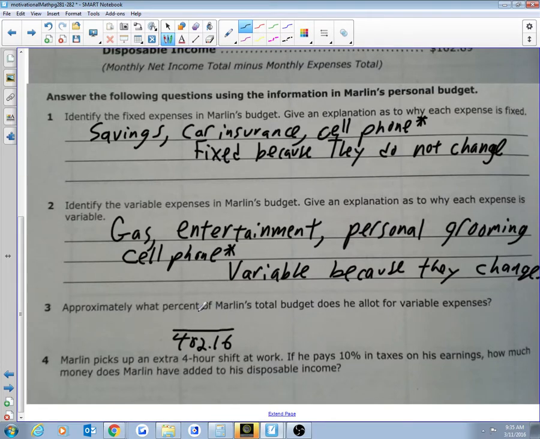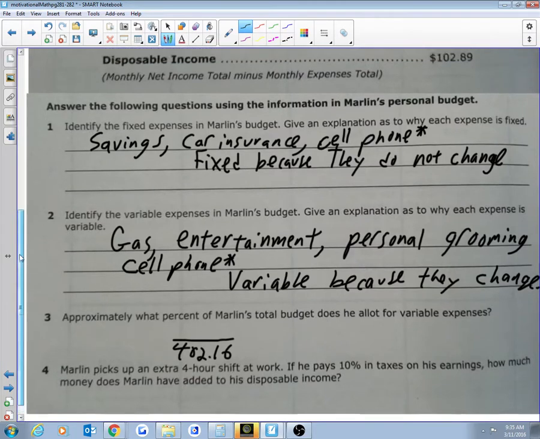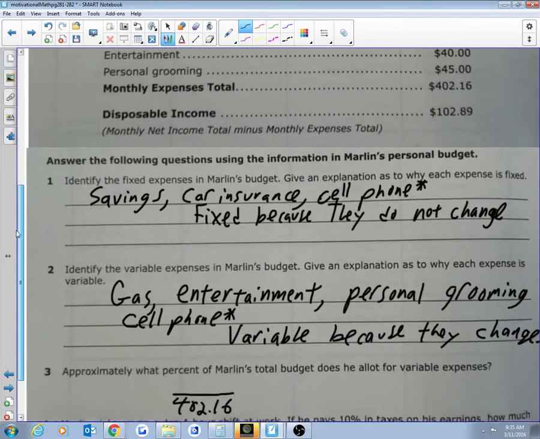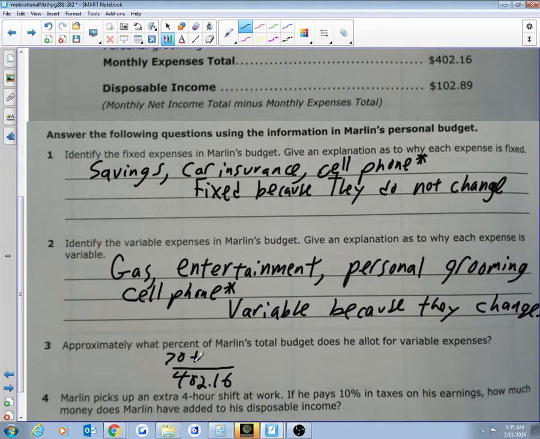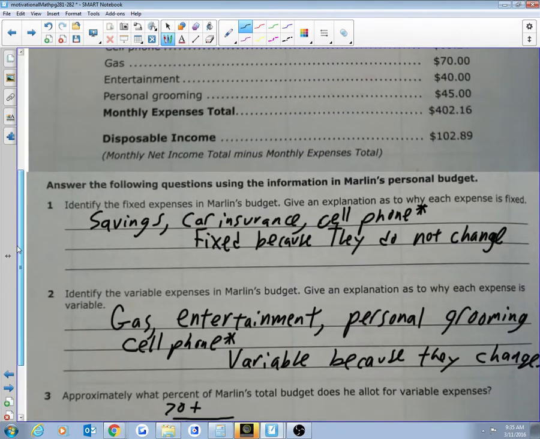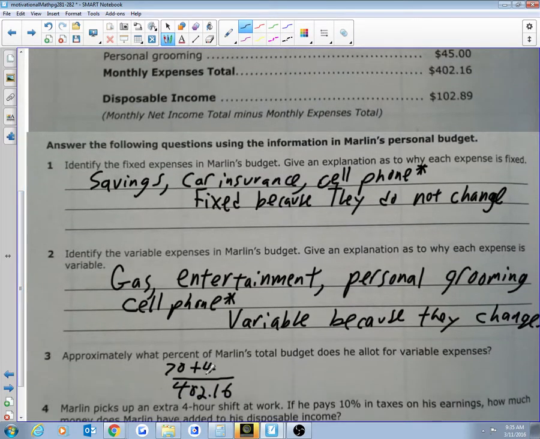And for variable expenses, that would be his gas, which would be $70, plus his entertainment, which is $40, plus his personal grooming, which is $45. And if we don't include the cell phone, that would be it. So without the cell phone, it would be $155